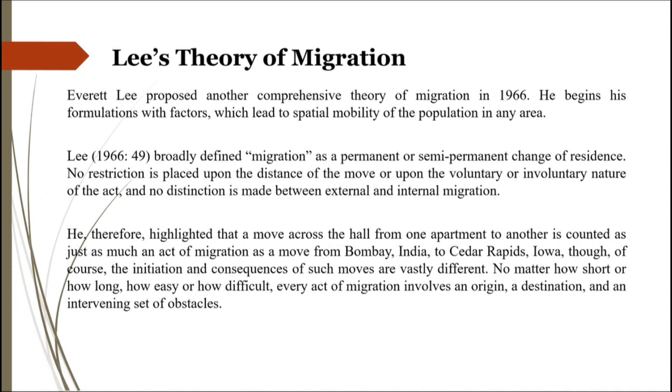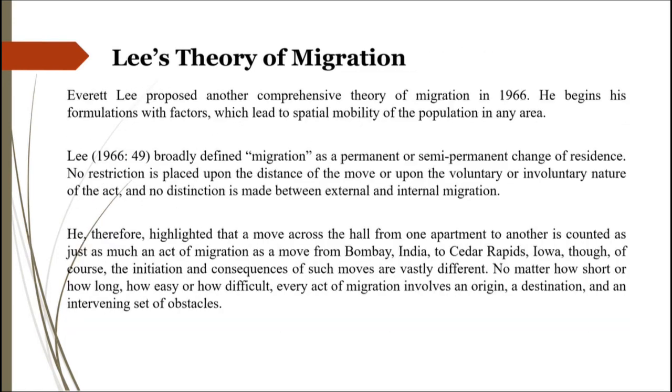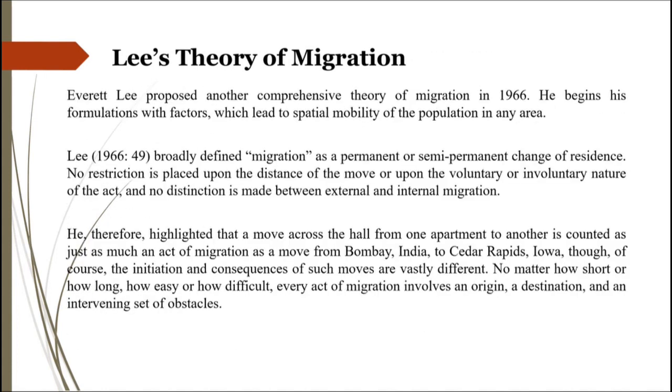Another model of migration you learn is Lee's theory of migration. Of course, Lee's theory of migration doesn't have a specific numerical model or empirical model, but more on Lee providing a lot of conditions or factors that help to explain why migration happens and how it happened and so on, right?